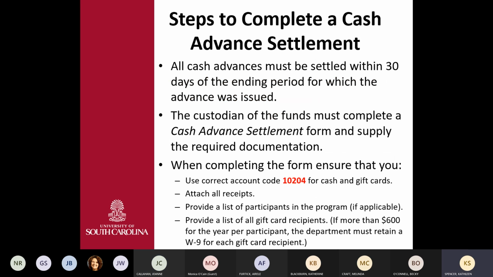So after you have used your funds, you're going to need to complete the cash advance settlement. All cash advances must be settled within 30 days of the ending period for which the advance was issued. The custodian of the funds is who will complete the cash advance settlement form and also will supply the required documentation. So when you're completing this form, you want to ensure that you use the correct account code, that you attach all your receipts, that you provide a list of participants in the program, and also provide a list of